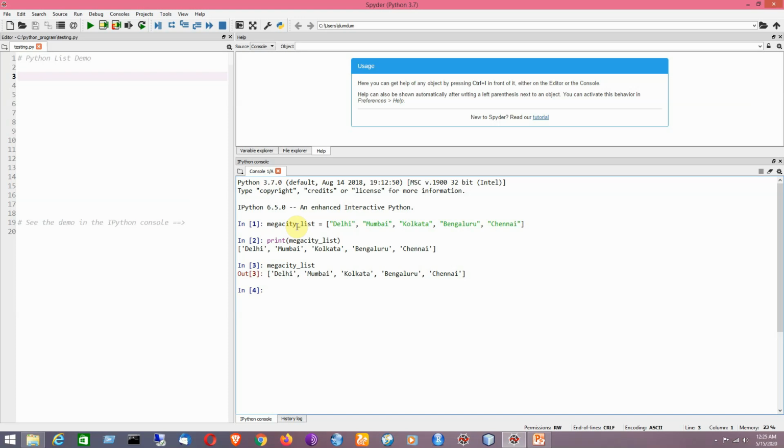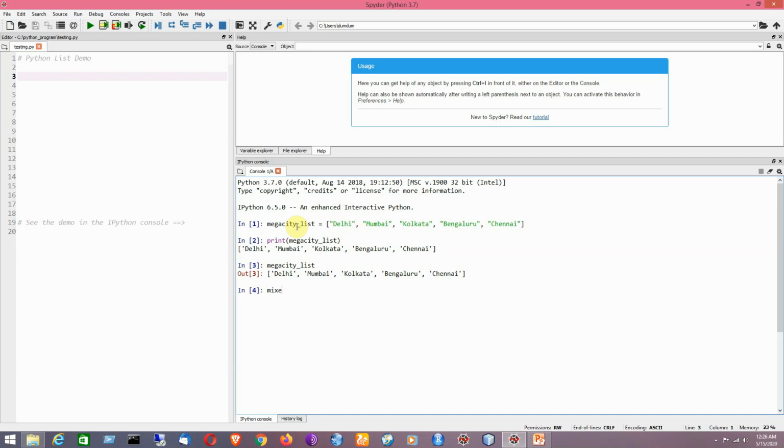Clear? So now in the earlier example, I have a megacity list that will be based on strings. Like all of the elements or items in the list are representing homogeneous elements, like similar type of elements, and they are of string type. But here we can have mixed list also, like we can have different data types grouped together in a list. So now I would like to give you one such example.